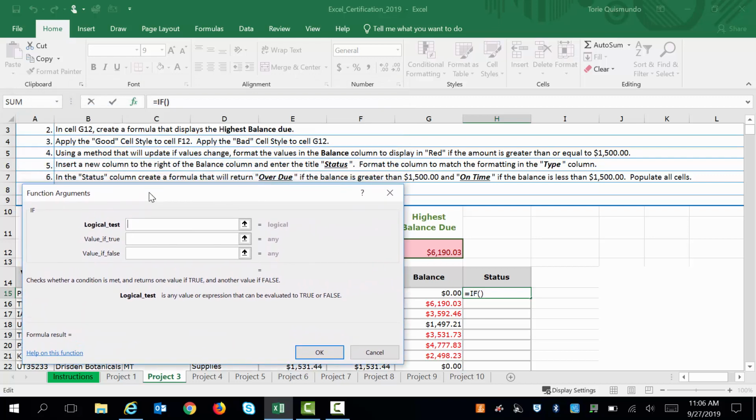And it's going to tell me, let's double check what we've got. In the status column, create a formula that will return overdue if it's greater than and on time if it's less than. So we want to know if this balance due right here is greater than 1,500. Now, this greater than symbol, if you didn't know that that was the greater than symbol, then join the crowd, because there are some people who have never learned that the symbols actually have names. But let me share this with you. That's the less than symbol,